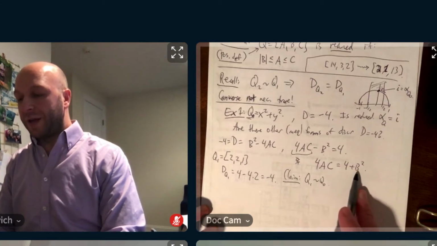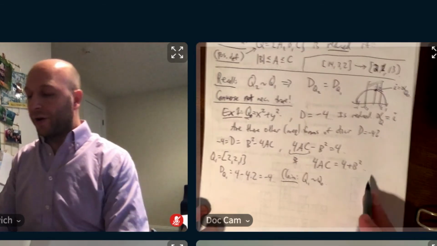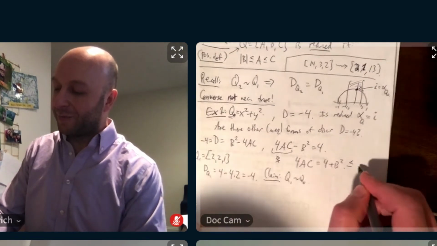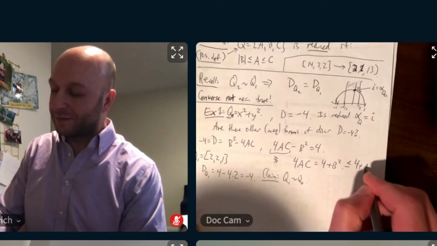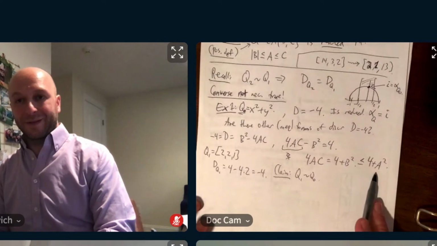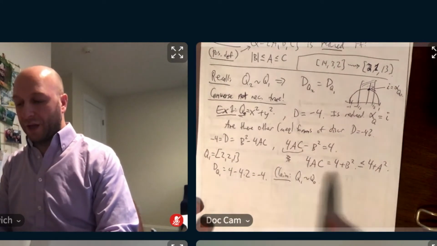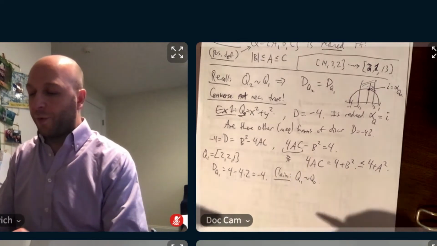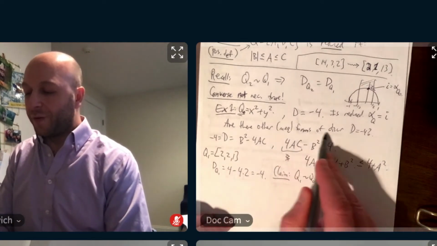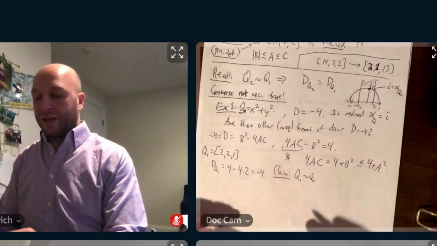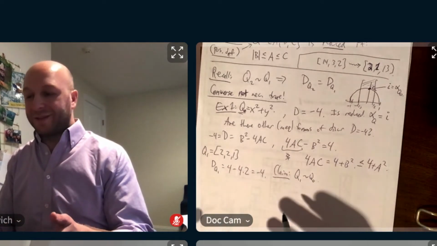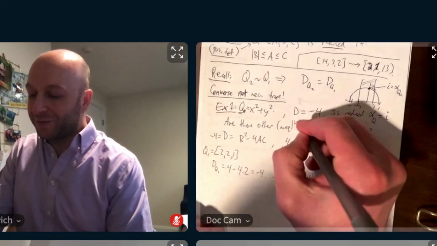I'm going to make this side bigger by replacing b by a. Does everybody see that? Are there other inequivalent forms of discriminant d? If it's inequivalent, and I mean reduced,